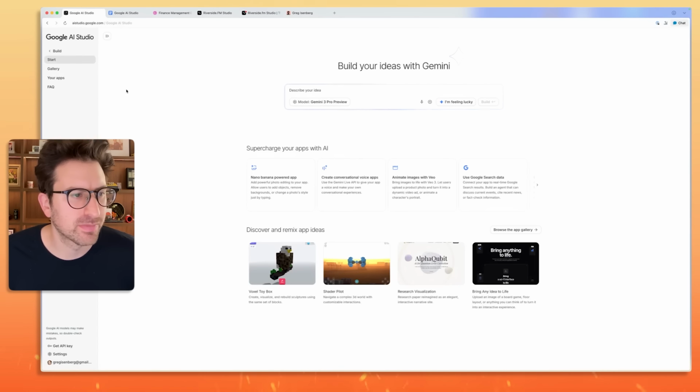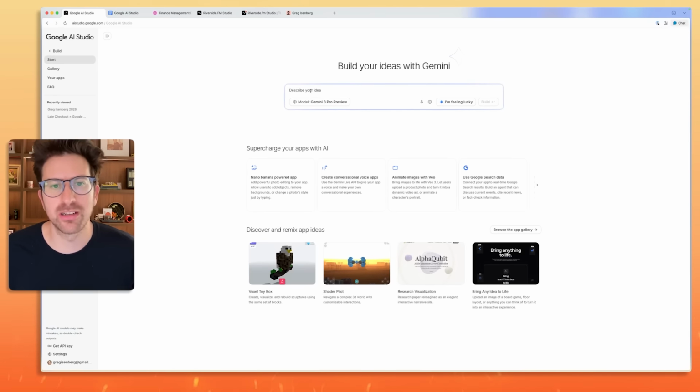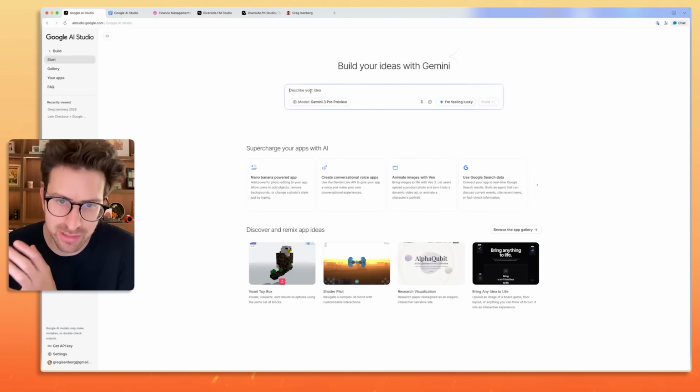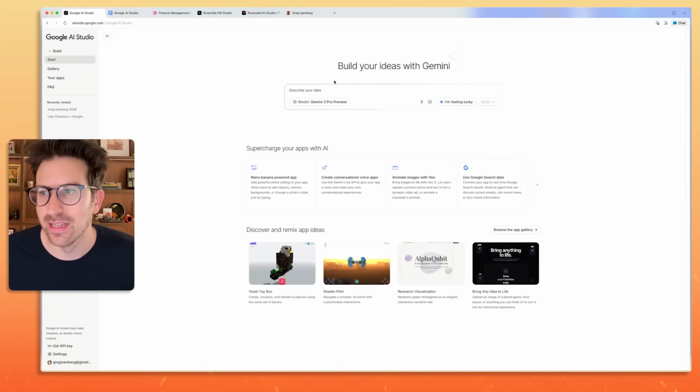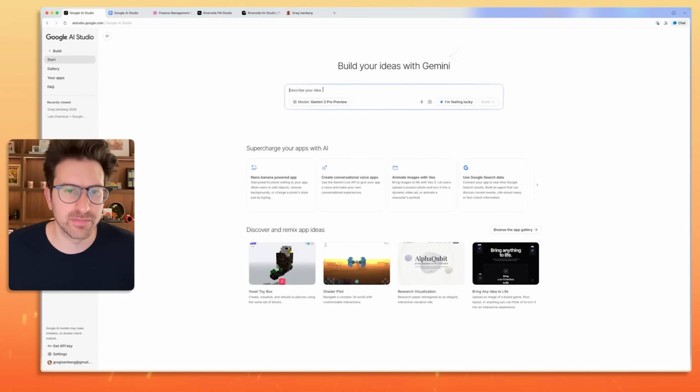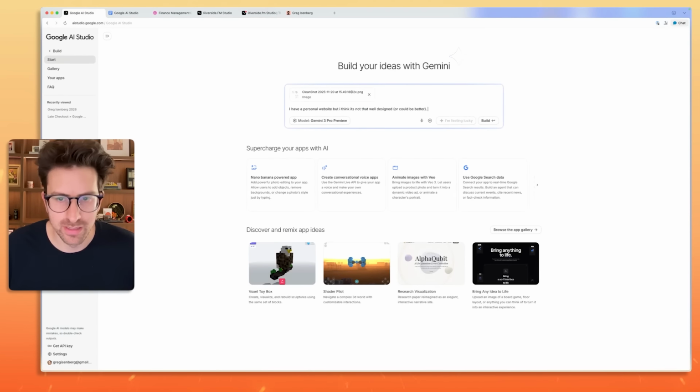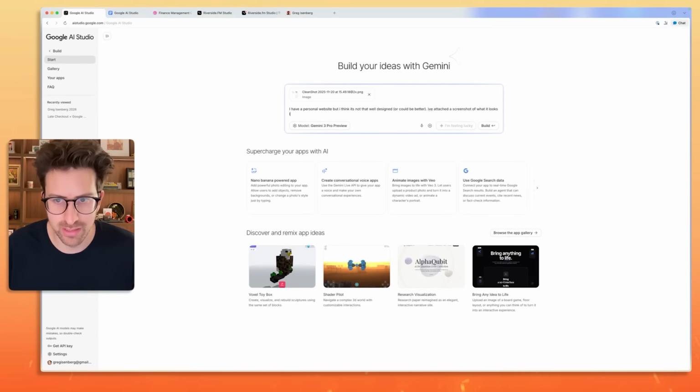screenshot. I go to build over here, and this is where you're going to go and design or build your idea. So you can use this to vibe code, or you can use this to be vibe designing. So you can see here that I've selected the Gemini 3 Pro model. And I'm going to say I have a personal web page, but I think it's not that well designed, or could be better. I've attached a screenshot of what it looks like,